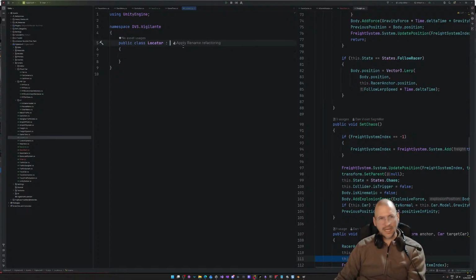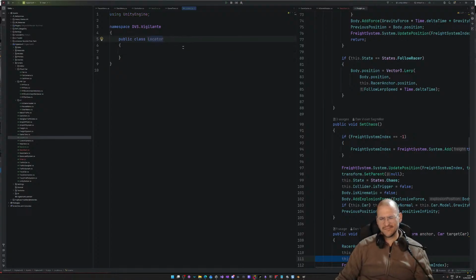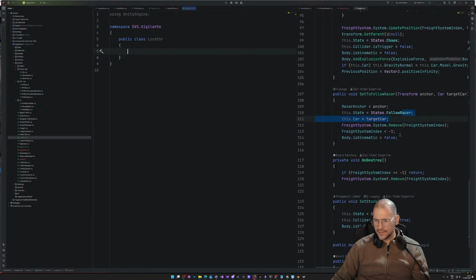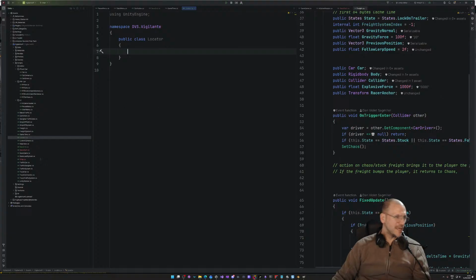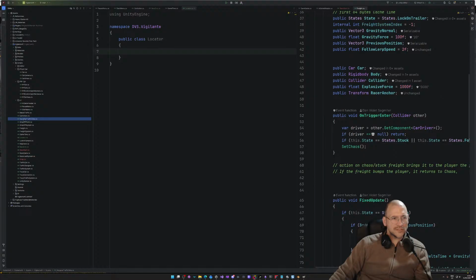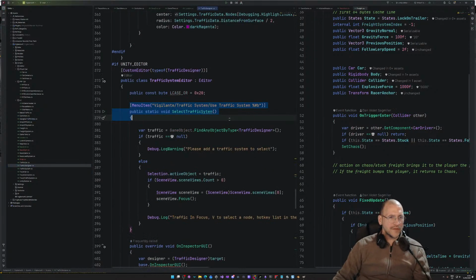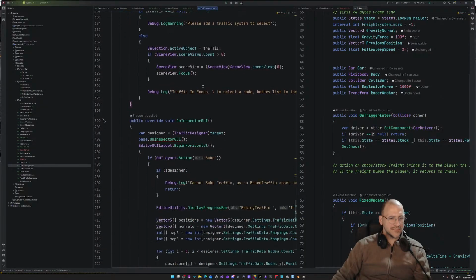Mono behavior does not need to be, might as well. Let's also throw in the code that triggers the change when we are escaping the system. So that's going to be in designer, I believe. Designer traffic data? No. What is that? Traffic designer. Traffic designer should have a special